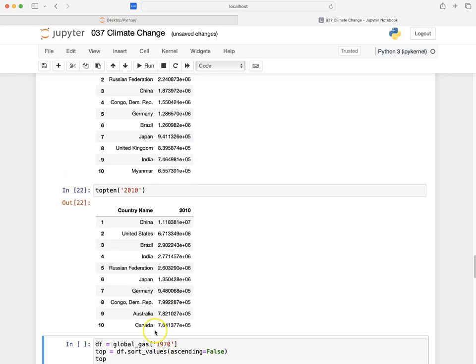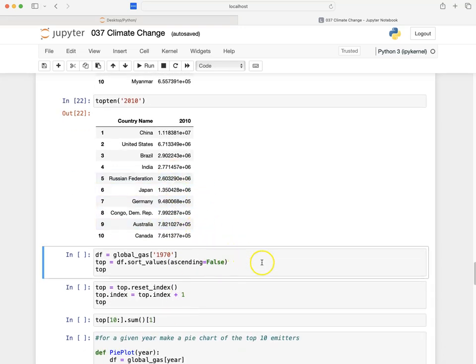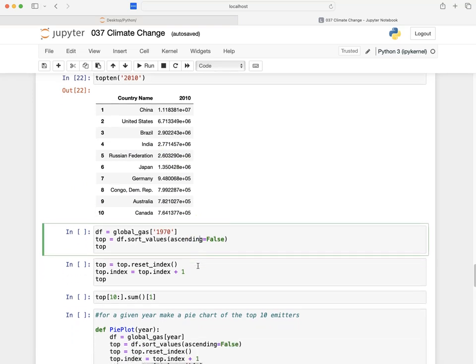And then we have Canada and Australia, which are industrialized despite their small populations. I think Canada has 33 million people. Australia is like 24, 25 million people. As you can see, they emit quite a bit. They're in the top 10. So now I'm going to